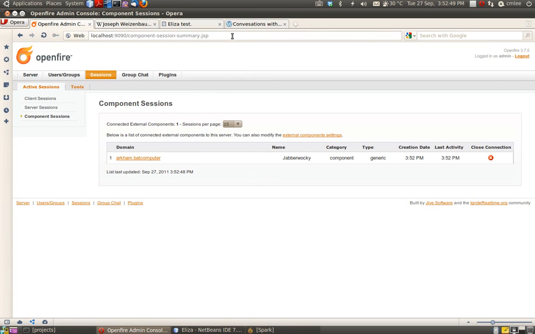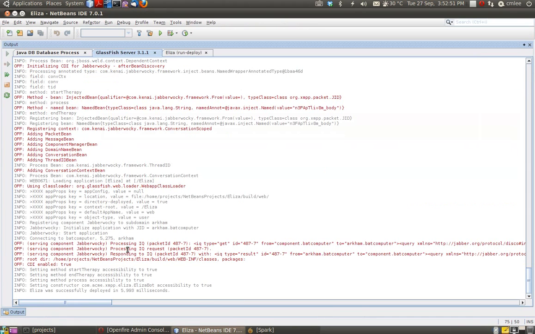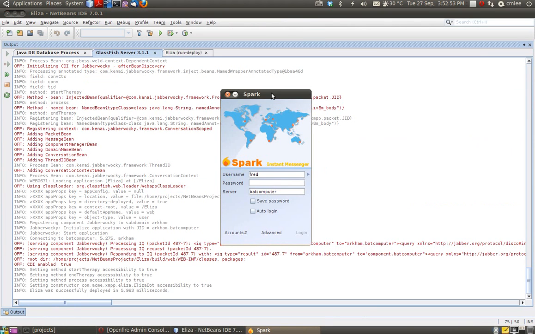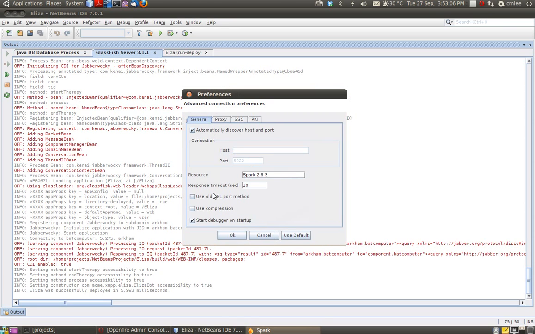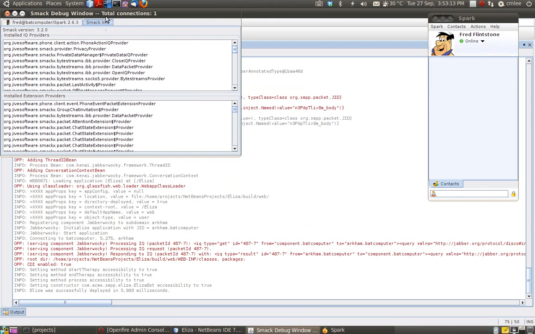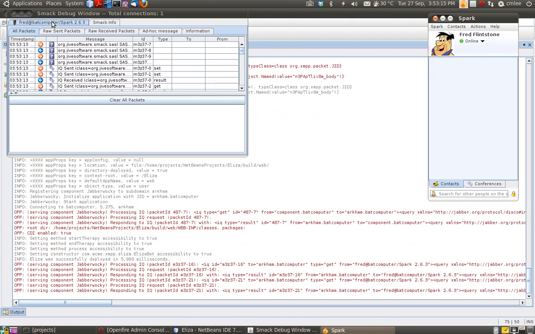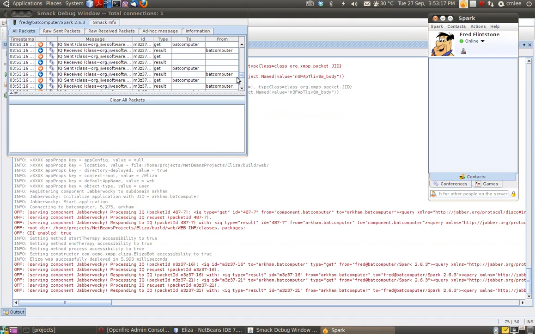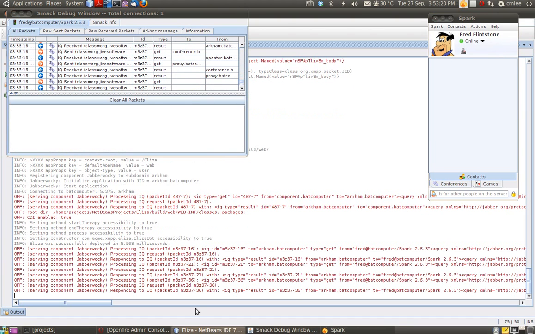It has been connected. Okay, so what we are going to do now is this: I will use the Spark client for login, and we want to see the messages. If you want to see the messages exchanged between the XMPP server and the client, what you need to do is go to Advanced and turn on the debugger. So we go login. Okay, so these are the messages that are exchanged between the client. So as you can see, the messages are